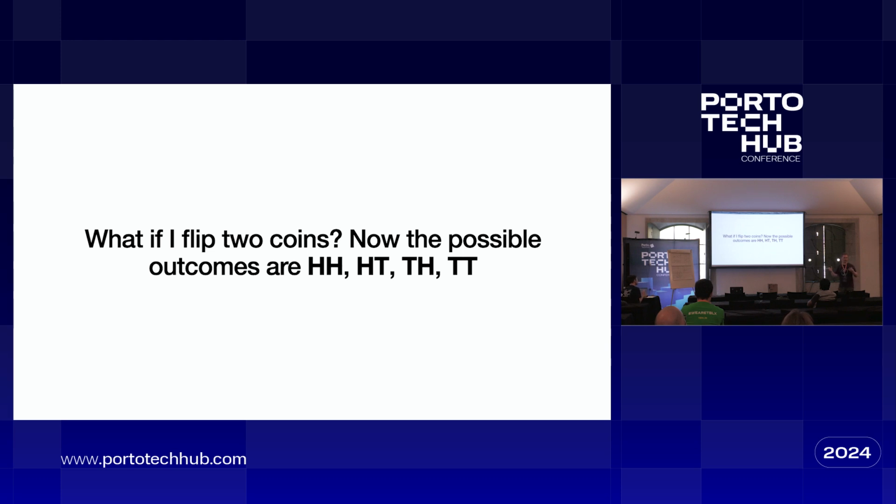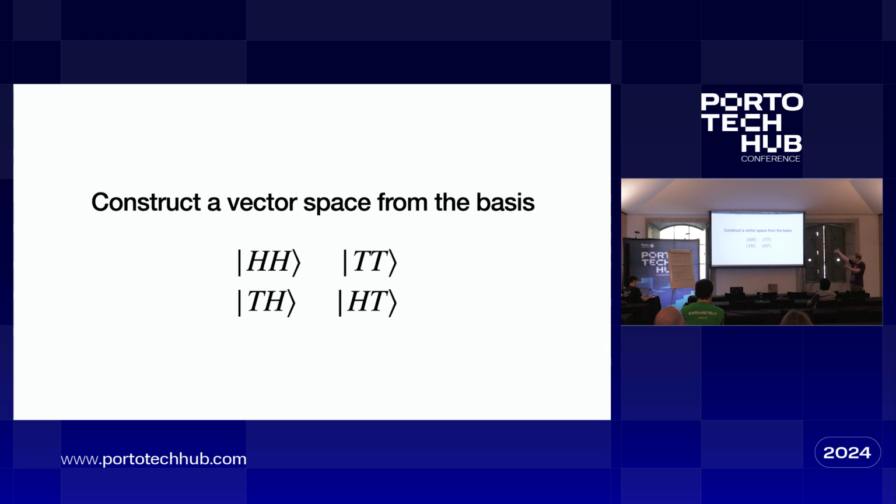What if I have 2 coins? My outcomes are heads heads, heads tails, tails heads, tails tails. I can construct this with what we've done already. I can fully model this. It's a probability distribution on these basis states. What's the psi i for each of these states? A quarter. Exactly. So I have a 4 vector: a quarter, a quarter, a quarter, a quarter.